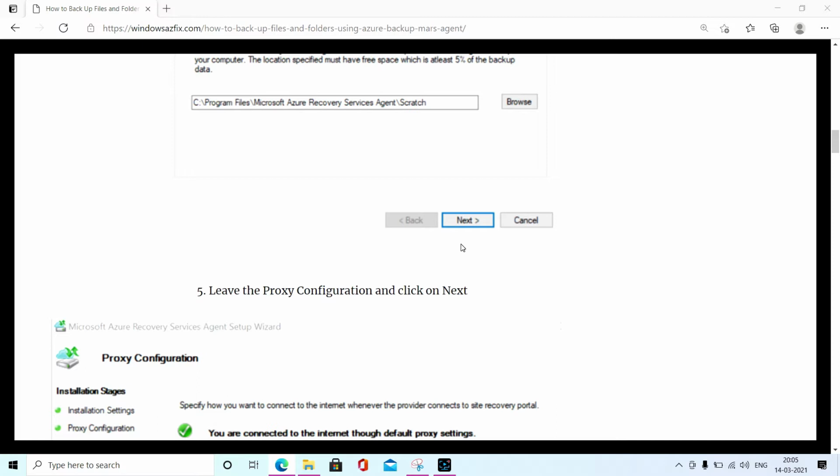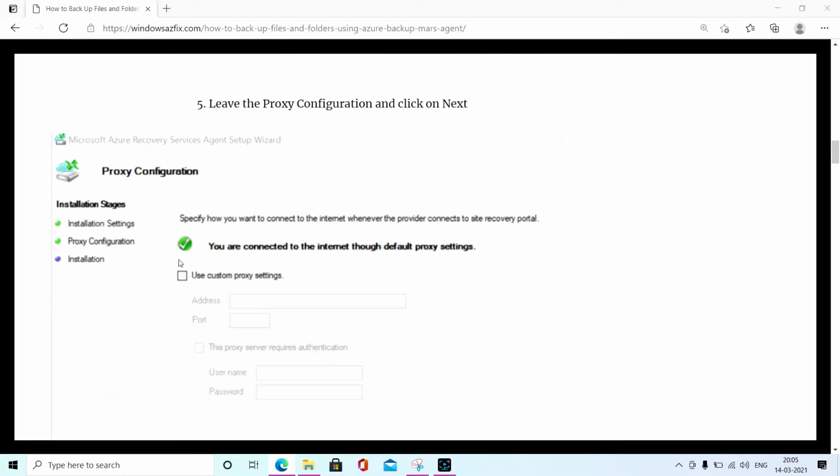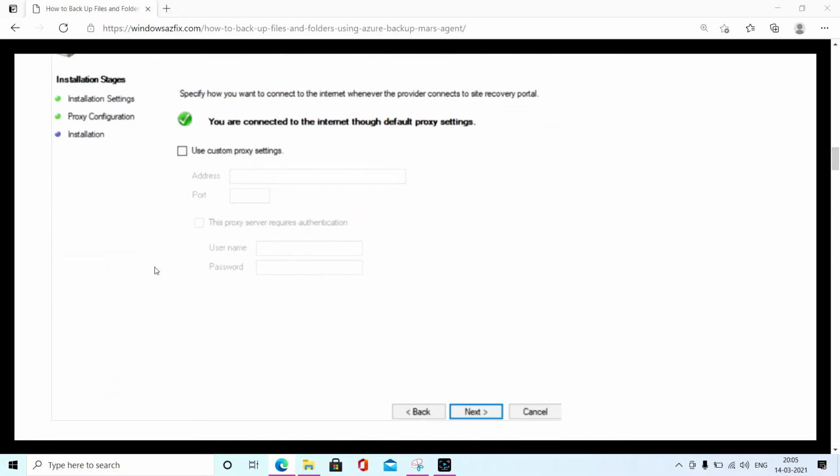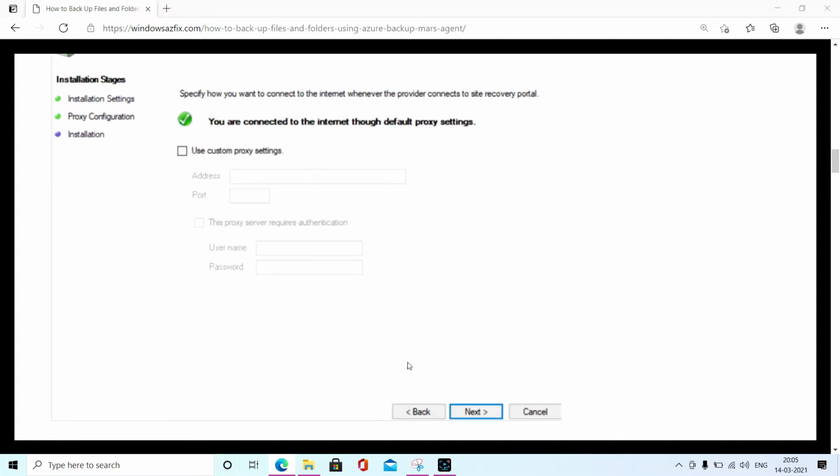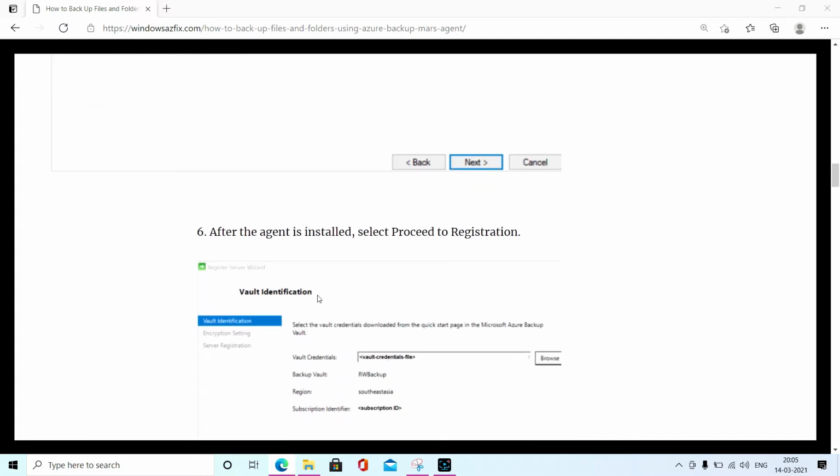After that, once you click on next, you will get this prompt to configure the proxy. If in your environment you want to set a proxy, you can choose it here. Otherwise you can leave it and click on next.